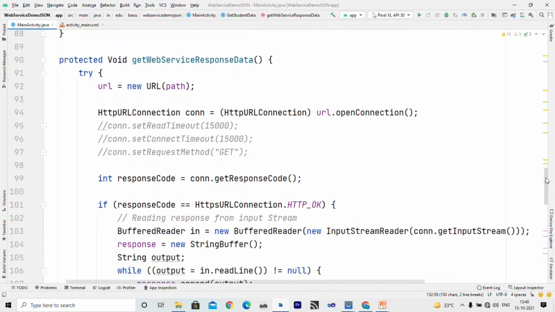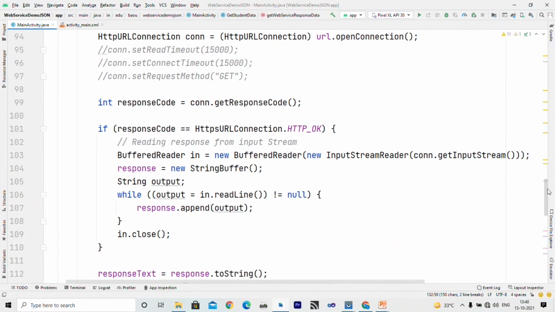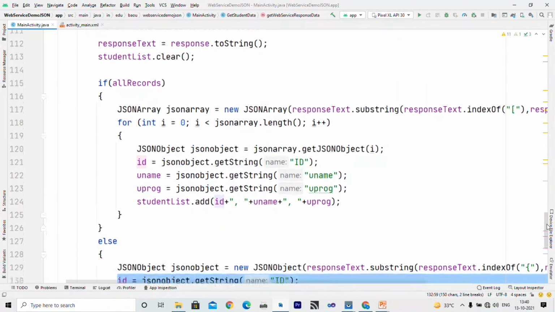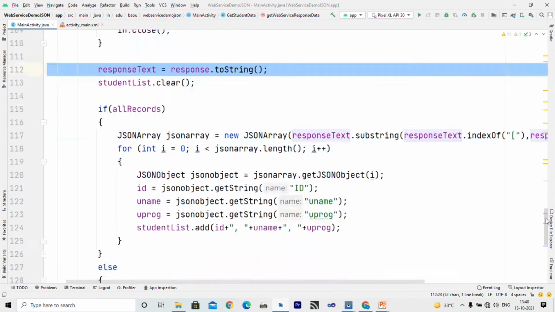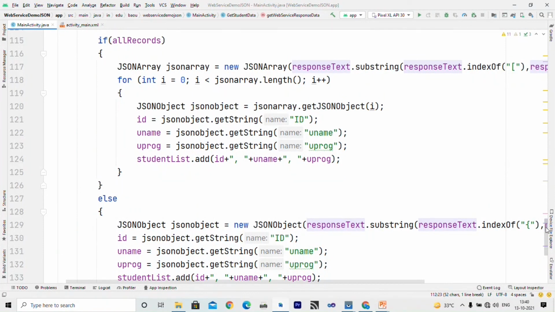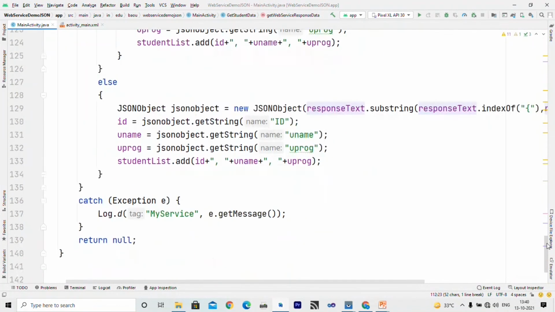So it establishes a connection with that URL, reads its data line by line and stores it inside the response text. And from the response text, which is in JSON format, we extract a JSON array in case of all records, and we extract a single record in case of single data.